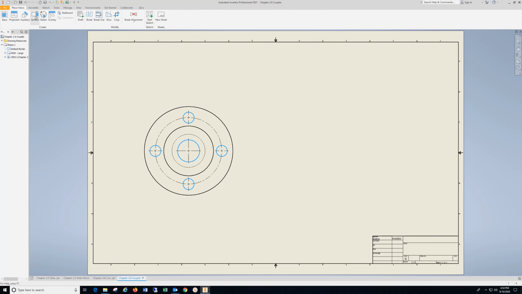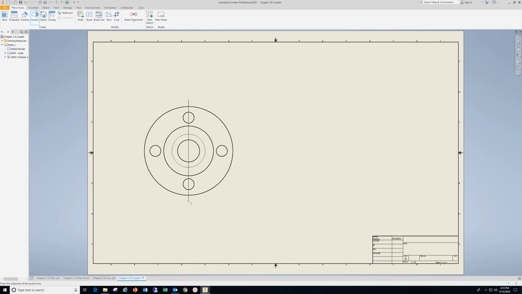Now, come over to place views and go to section view. And it says select a view, which this is the only one we have. I'm going to click it. Come over and find the center where the dot will turn green, but don't click anything. Just find it and it'll trail you up and just click right above it. Come back down, make sure it's straight,